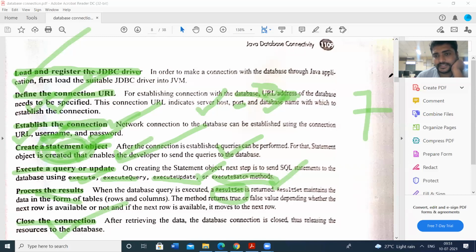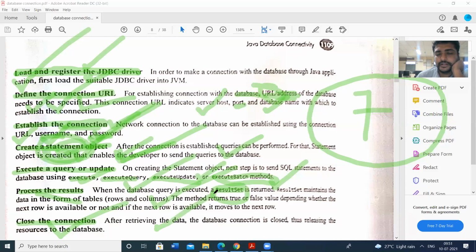So these are the 7 steps to be followed to get the connection from the database. First, we have to load the driver. Next, we have to know the URL of the database, and then the username and password of the database, and then we have to write the query, and then execute the query, and then process the result set, and then close the database connection.